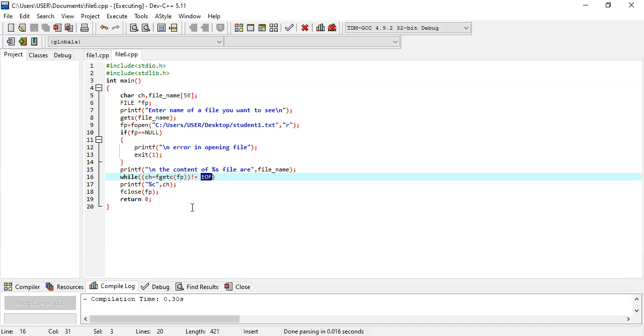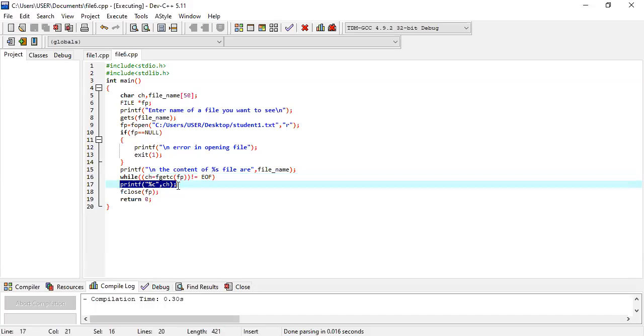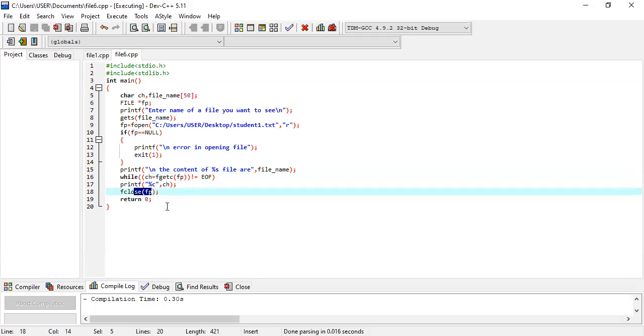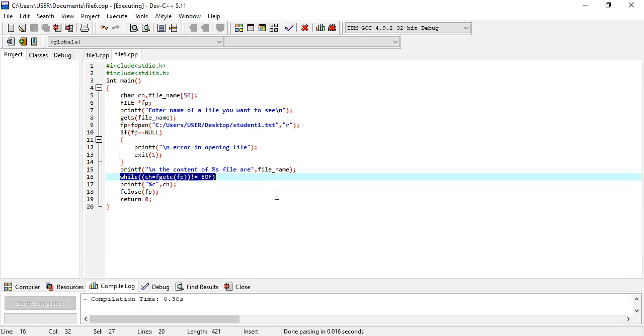So the compiler knows that I have already reached the last character of the file. There is nothing to be read, so this part is not executed, and directly it will close the file. In this way, this while loop is executed.